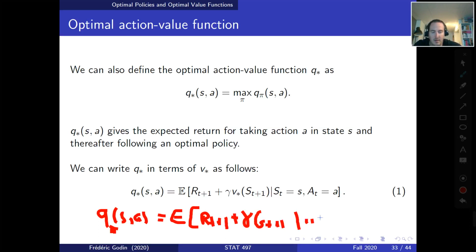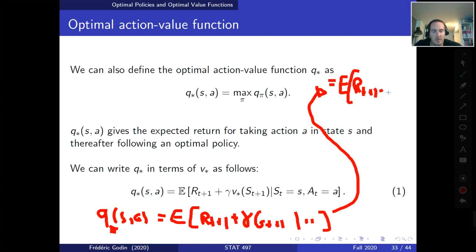Using the double expectation theorem, we could write it as the expectation of R t plus 1 plus gamma, and then we can have another expectation of G t plus 1